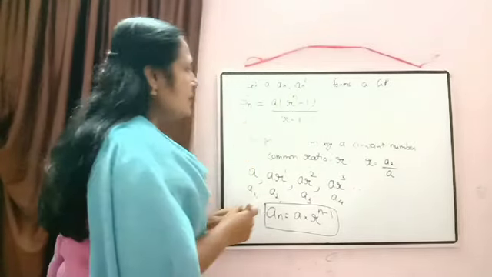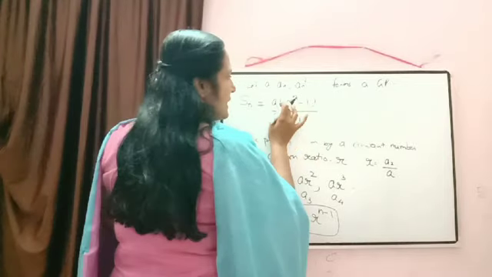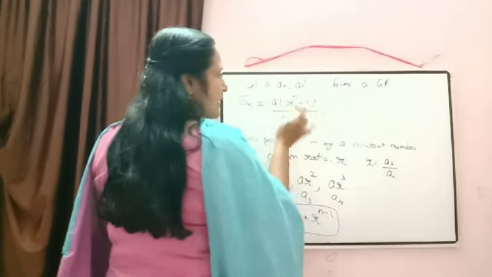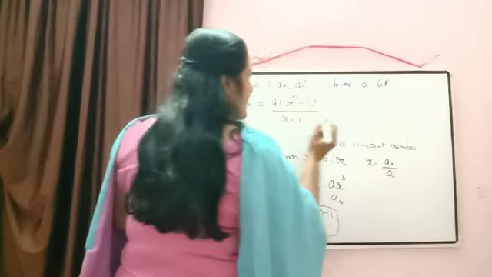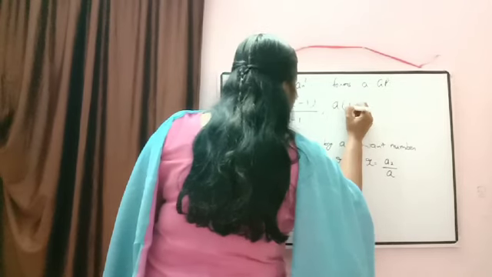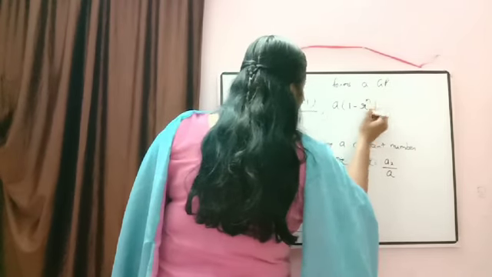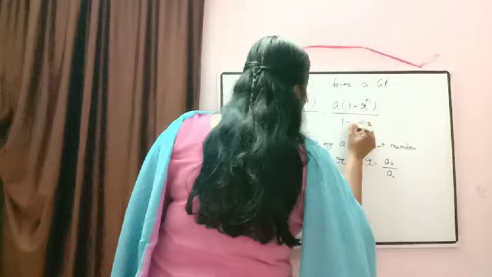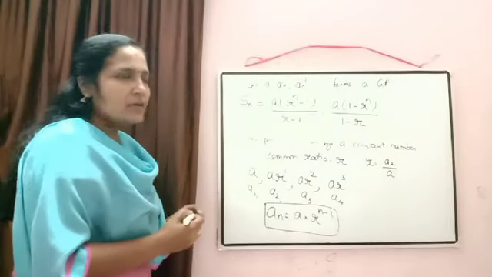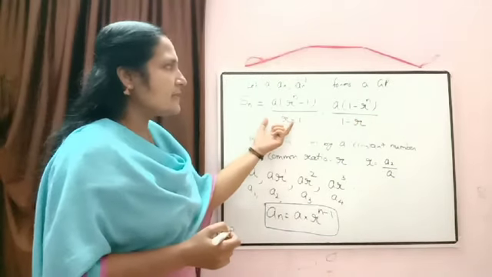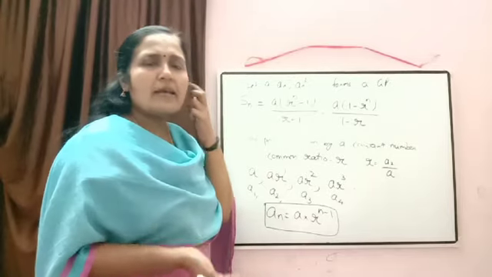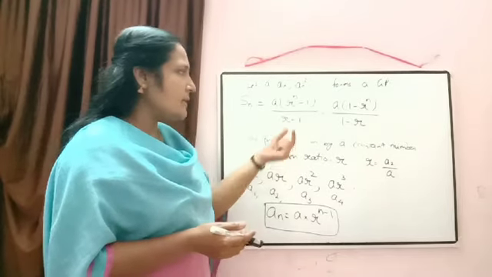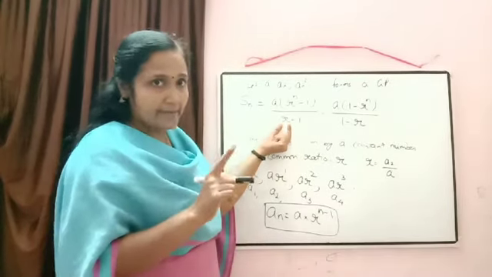Now the same formula, if I take a negative sign outside from here and from here also a negative sign outside, can be written as A into 1 minus R raised to n divided by 1 minus R. So you can use any formula, either this one or this one. Usually how we use this formula depends on the value of R.